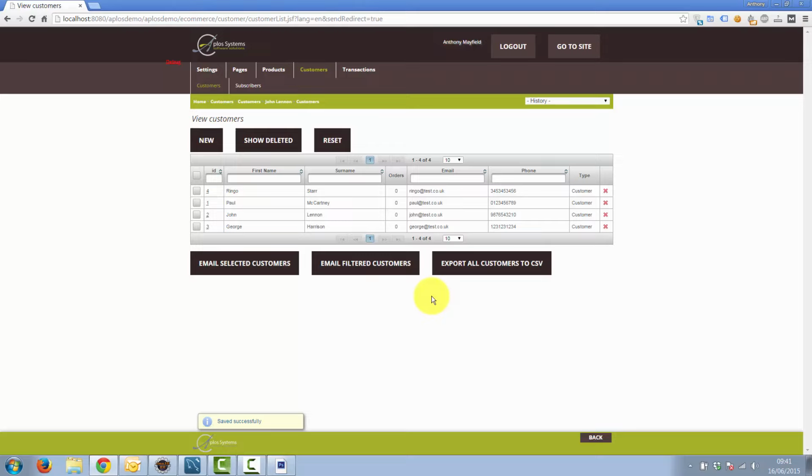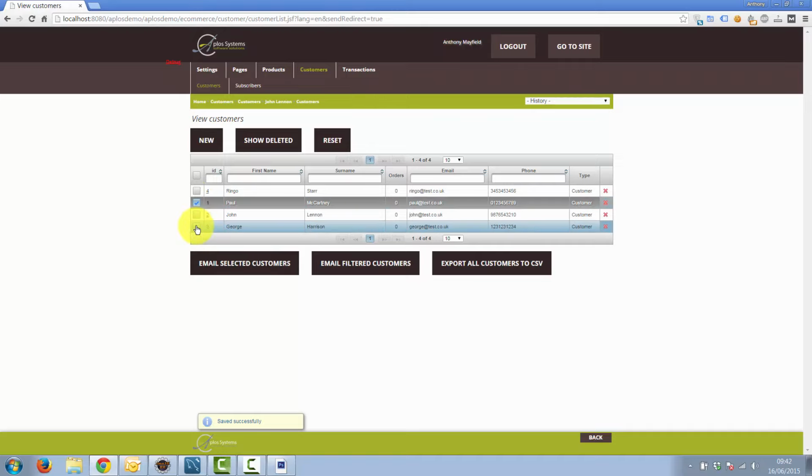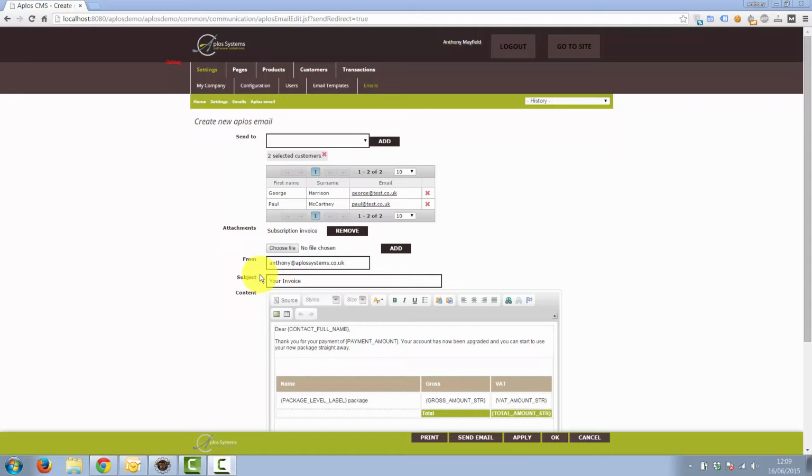There's no need to swap between two windows, no need to worry about changes in one not being visible in the other, and no need to worry about warnings like this document is being used by another process. All the controls that the user is likely to use are on display so that it's intuitive and fast. Once the user has selected the recipients, they come to our email edit page. This page really brings in some powerful features, and although I don't have time to cover all of them in this tutorial, there's a few important ones I really want to point out.